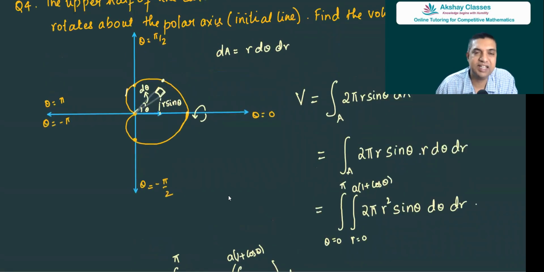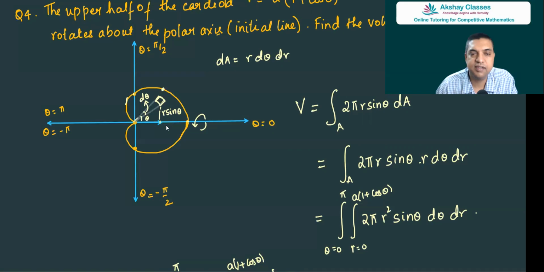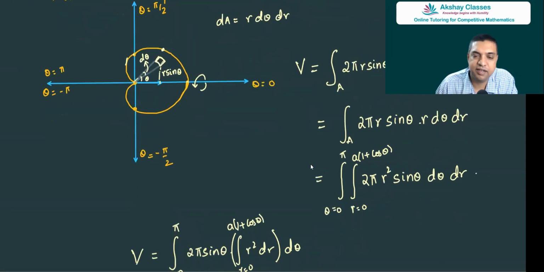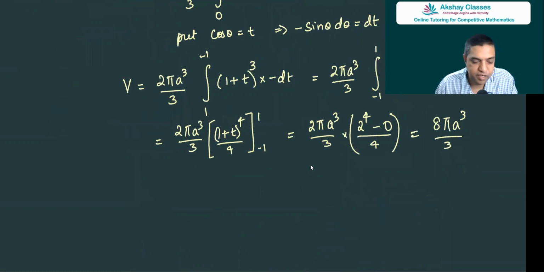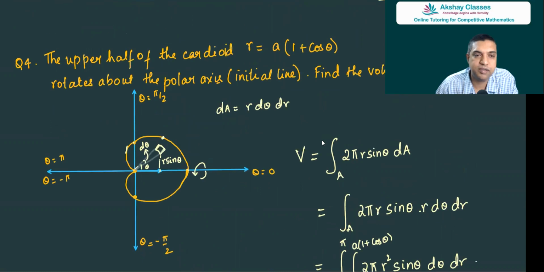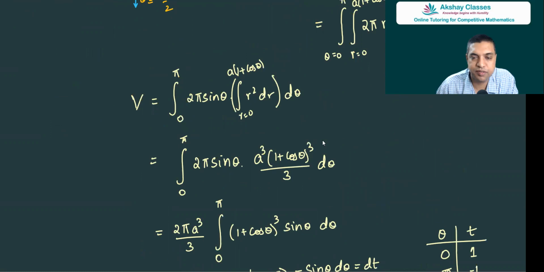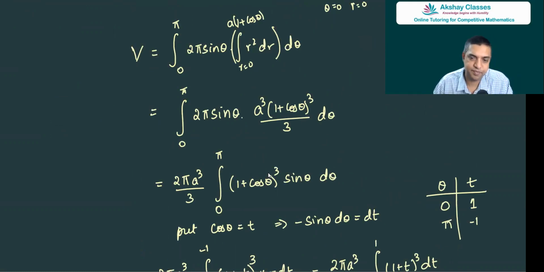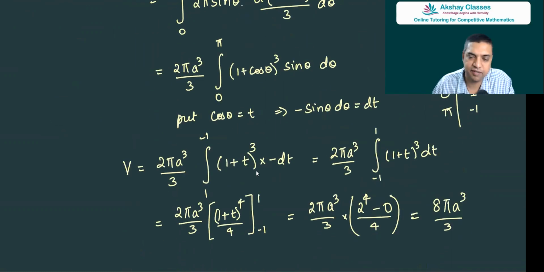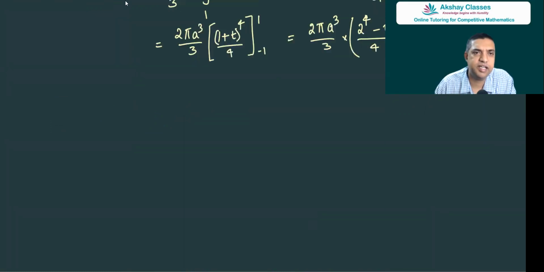So we have taken an elemental area, revolved it, and then integrated over that area. This is the volume of revolution, for a polar coordinate. So the concept lies only here at this step, how you do it. After that, this is all about evaluation of a double integral. Just that concept we'll have to use. Next part,